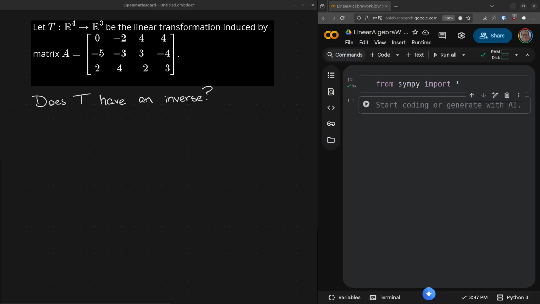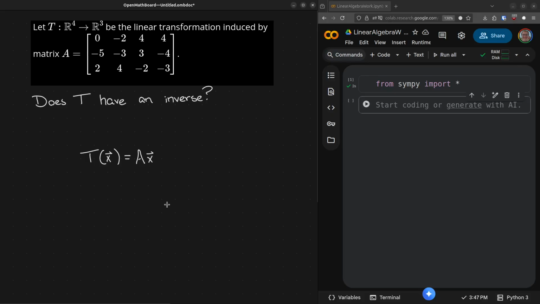Let's take a look at another one here. We have another transformation. This one is a transformation T that maps R4 into R3. We want to know if this transformation has an inverse. Okay. So again, transformation T is a matrix transformation, so it's going to be matrix A times whatever our input